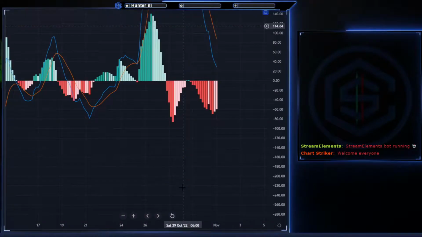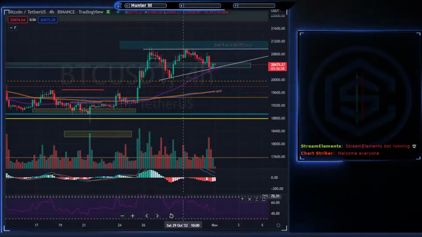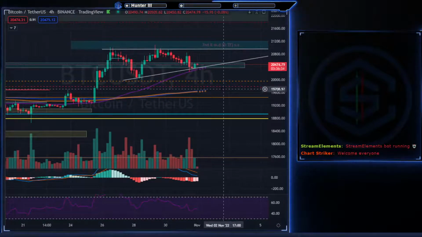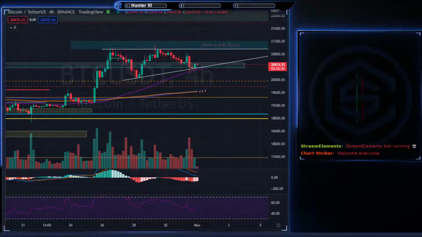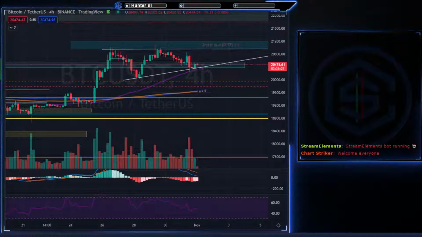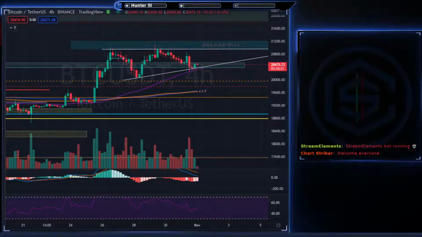Okay, not so much on the MACD, but in the RSI, there's definitely bullish divergence. We are still holding this short-term moving average, and looking at my other screens, guys, I have some good news. Like 21 period moving average